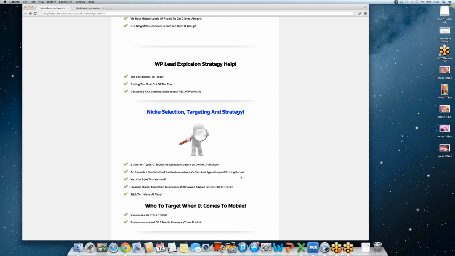It's going to be much harder to try and sell that to them because they're not getting any traffic. If you go after businesses getting traffic, or businesses that are heavily marketing their own businesses, you're going to be opening yourself up to people that are open to listening to you. If you've got a business that is spending £500, as an example, on Google AdWords traffic every single month,